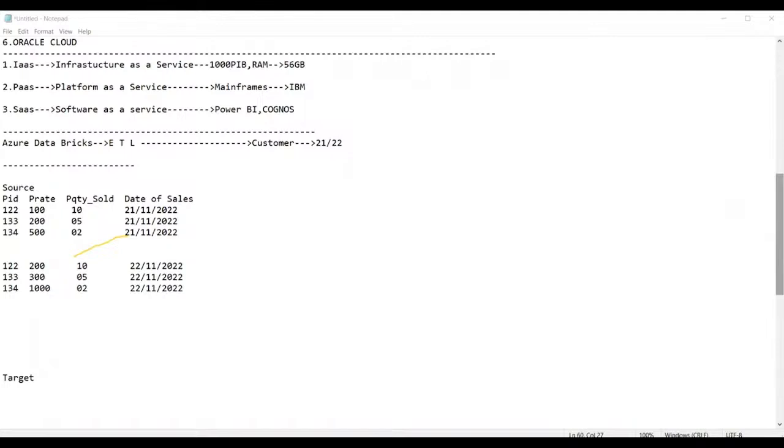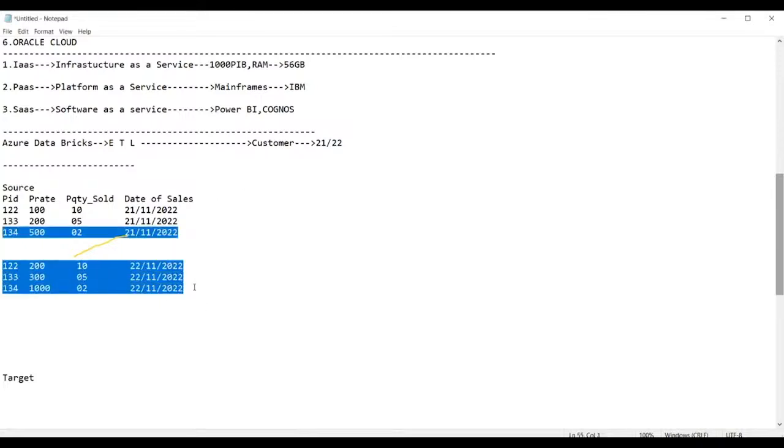Just by looking into the data, you can say there is a difference. Why are you able to say? Because you have only 6 records. It's very simple, small data. You can look at it here and decide. Am I right or not, everyone?